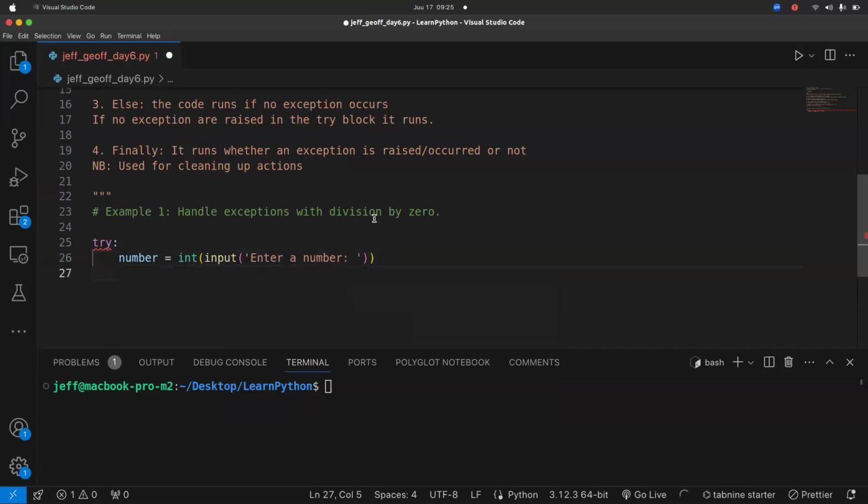Okay? Now, when you enter the number, what I want you to do is you can have the result, which can be maybe trying like dividing a number. Now, this is the part of the code that we are trying to raise an exception, okay?